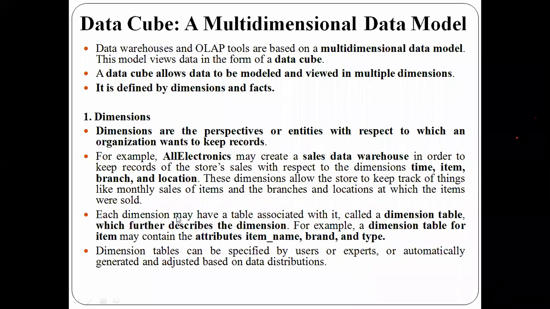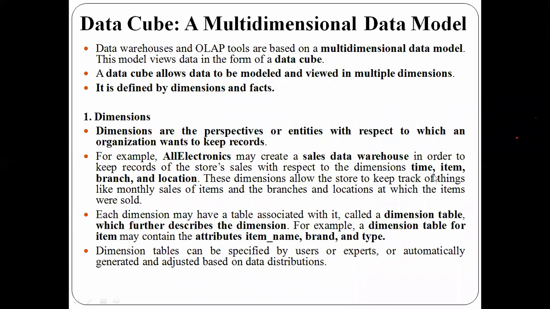then date of birth, and then degree, address, gender. All these are attributes which are further going to describe the table student. In the same way, in the dimensions also, we'll have one table. That table is going to completely describe what is present in the dimension. So that is called a dimension table.